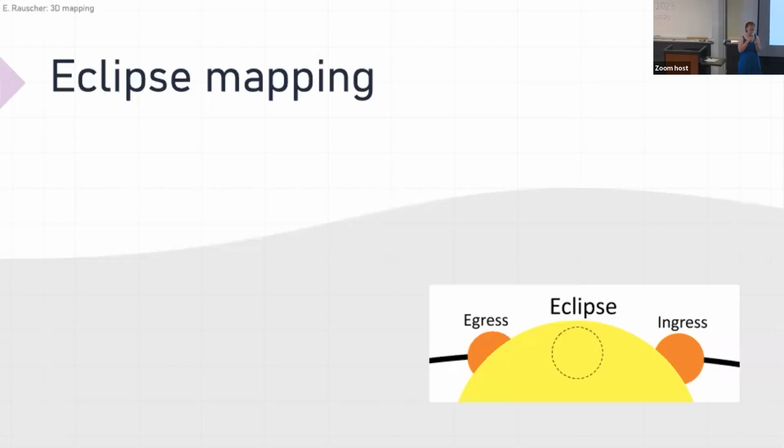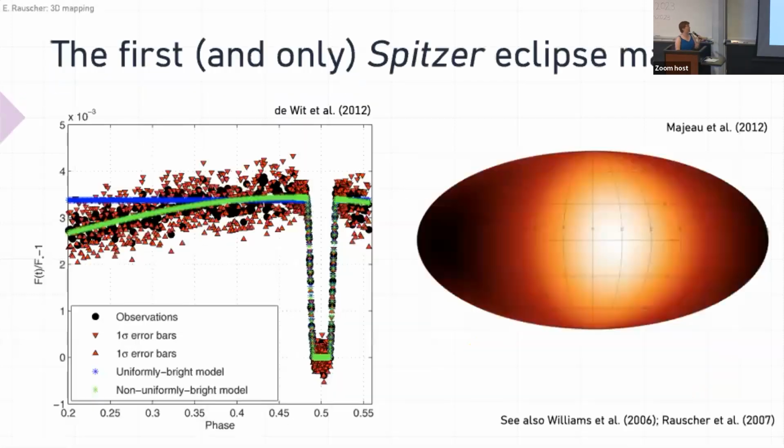And just to put some history in it, in 2009, I had published my first paper in exoplanets saying that we would be able to do eclipse mapping with JWST. It was so exciting. I was also wrong,